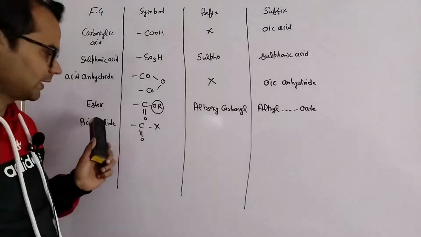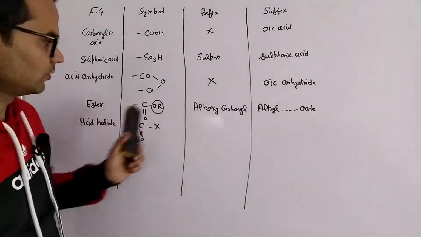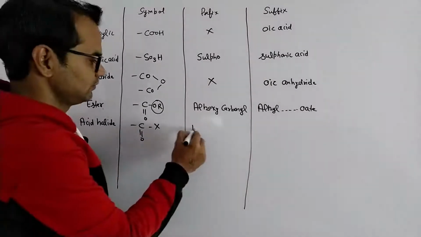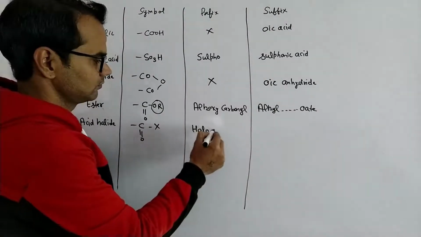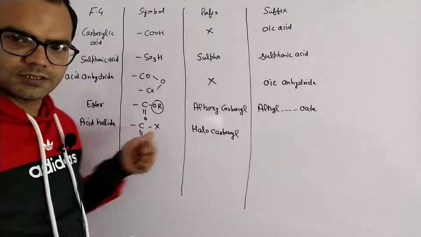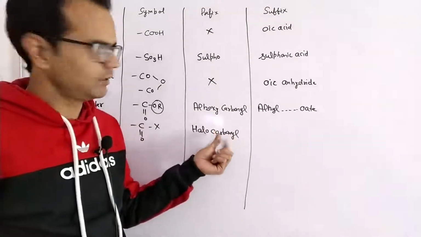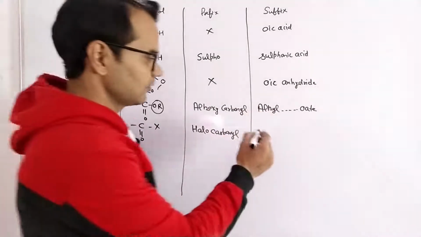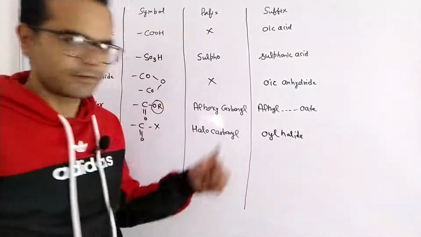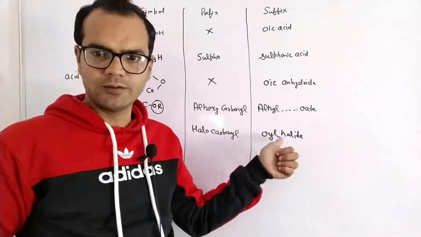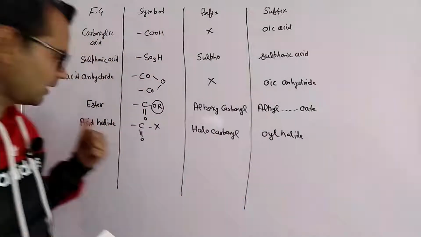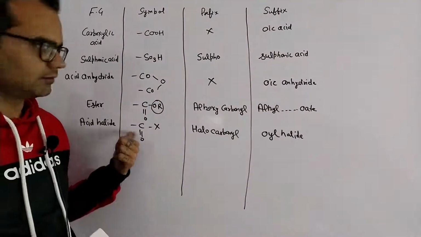acid halide. Halide can be chlorine, bromine, iodine. So its prefix is halo carbonyl, X and CO, halo carbonyl, and its suffix is oyl chloride, oyl halide. If chlorine, oyl chloride. If bromine, oyl bromide. If iodine, oyl iodide. So the general name is acid halide. Next is